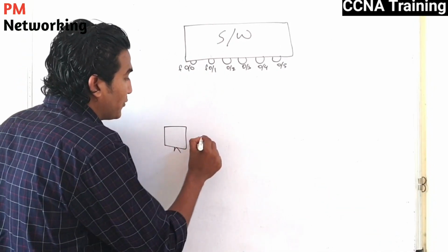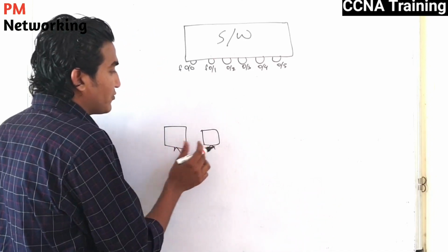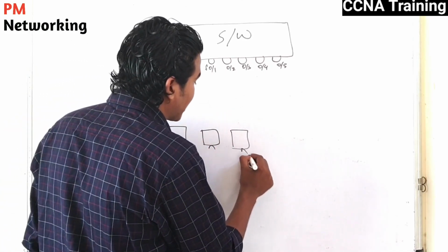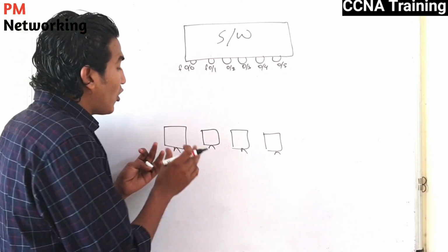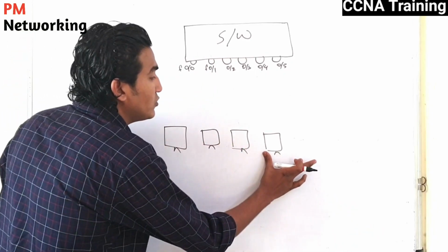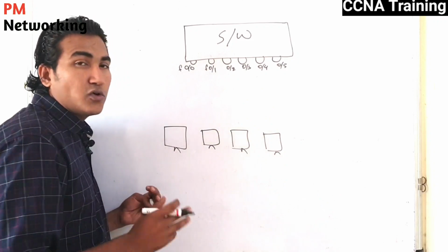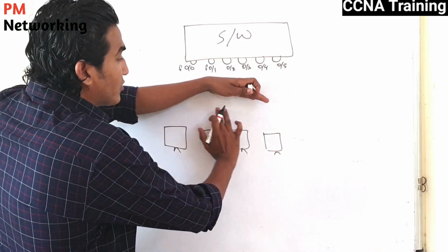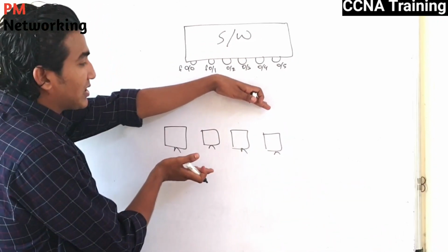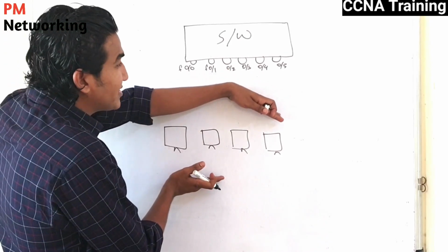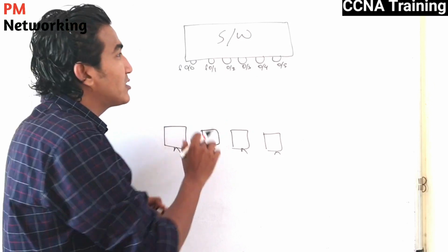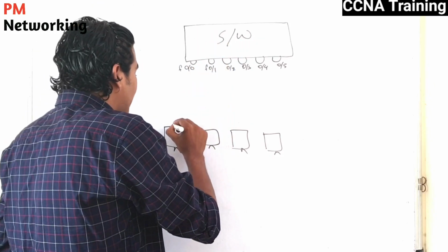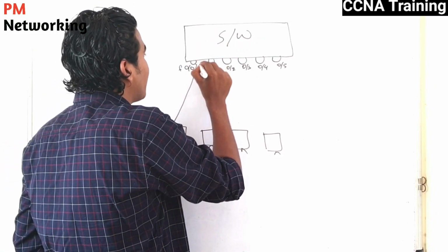And we have some PCs there, computers there, right? So we have some computers. Suppose this is my computer 1, this is my computer 2, this is my computer 3 and this is my computer 4. So I will show you how a packet will flow from this computer to this computer through the switch. We need to connect these four computers together, so we need a centralized device, that is a switch. So I will connect all these computers together through this switch. So let me connect all computers together first.